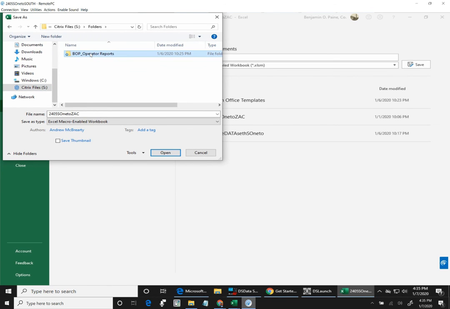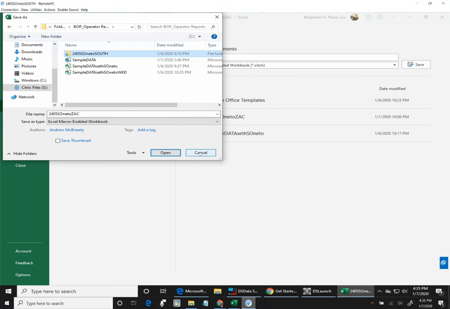So operator reports. Right now, here's the Oneto South folder, and if you save things into this folder, then you don't need to attach them to email or anything like that. That basically puts it up into the cloud,